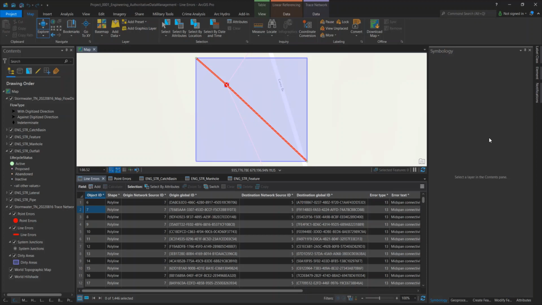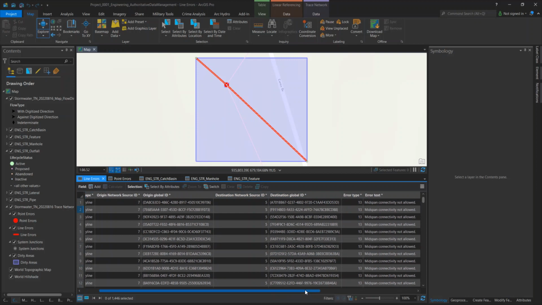Alright, so today what we're going to do is go over a topology error. After you create your topology, you might find these point errors, line errors, and polygon errors that you might have had given the rules of your topology. So this video is going to focus on a very specific type of topology error called the Midspan